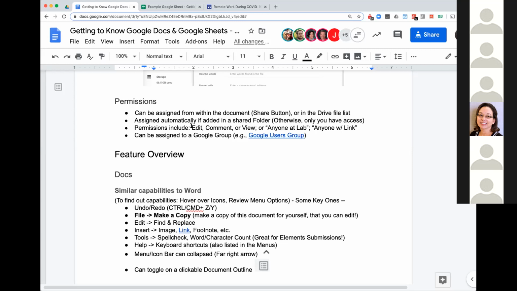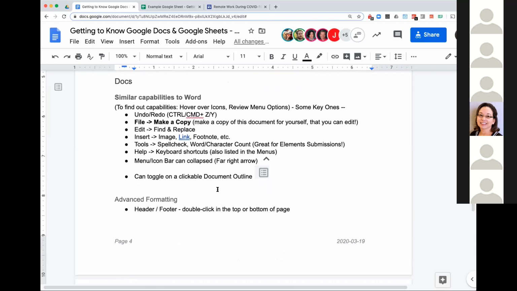So edit obviously is edit permission. You give that to someone, they can edit this document like you saw Leo do earlier. Comment gives them the opportunity to suggest edits and comment. We'll talk about that in a moment. And view is just being able to see the document and not make any changes to it. There are also some more advanced features if you want to make a document more freely available to anyone with the link. You can drill down and do that as well.